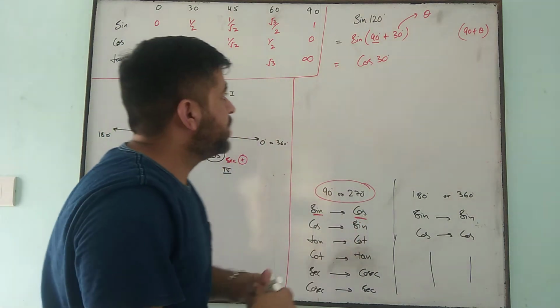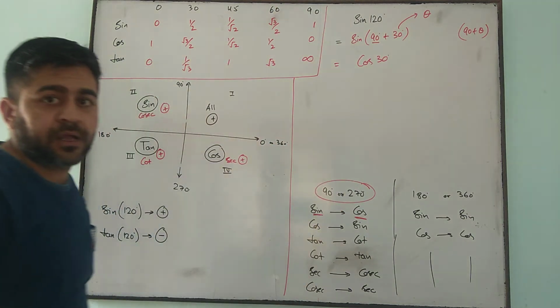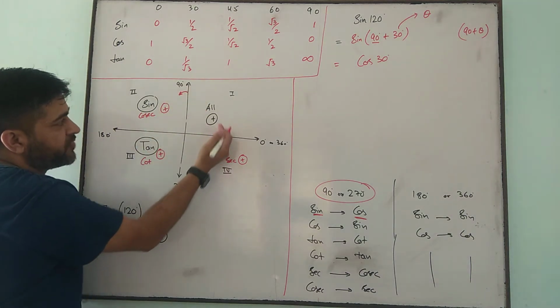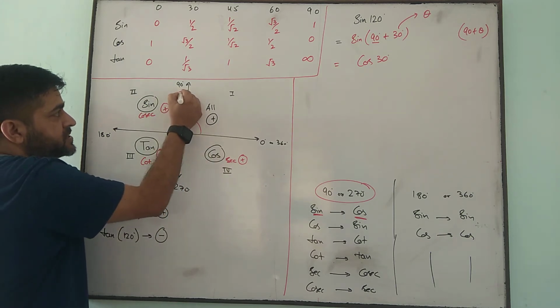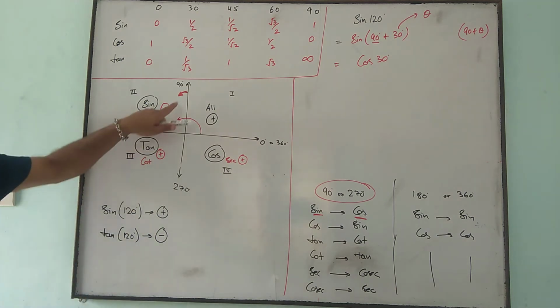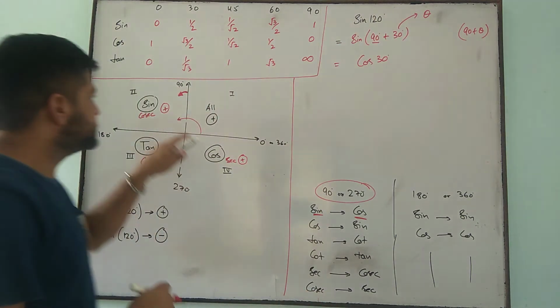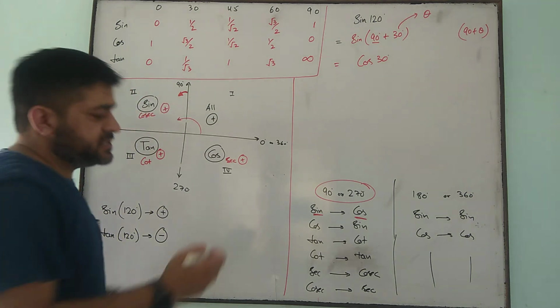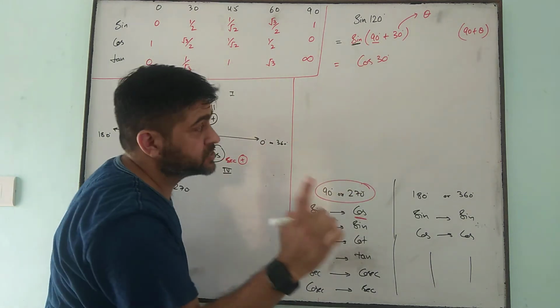Now just take a careful look. According to the quadrant means 90 plus theta. Consider it theta only, I told you. For 90 plus theta, the positive direction of angle is this, right? Positive direction. So 90 plus theta means it lies in the second quadrant, not in the third, not in the fourth, because theta always lies between 0 and 90. That's why I told you always consider it theta only. So 90 plus theta lies in the second quadrant. And in the second quadrant you have to see this sine, not this cos. Keep this point in your mind.